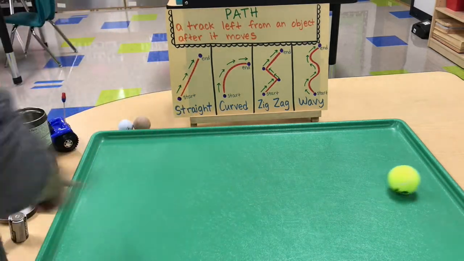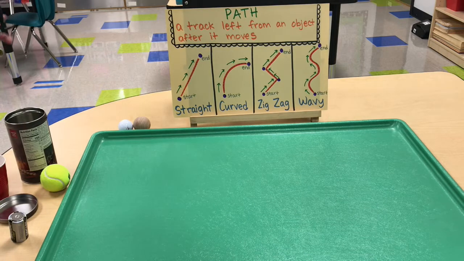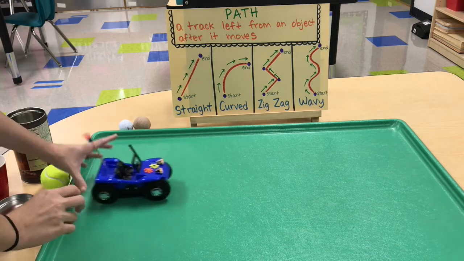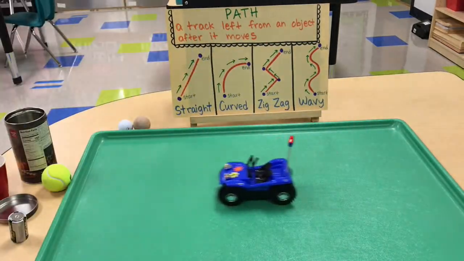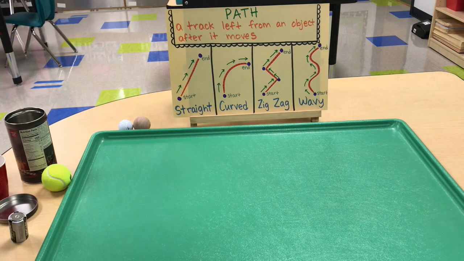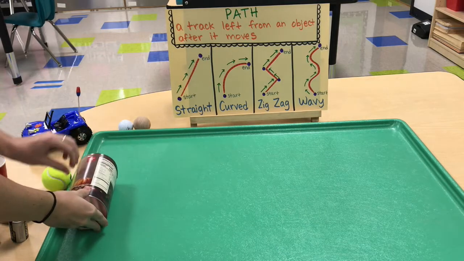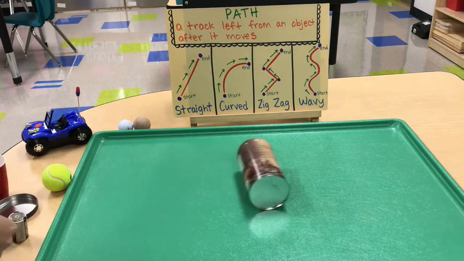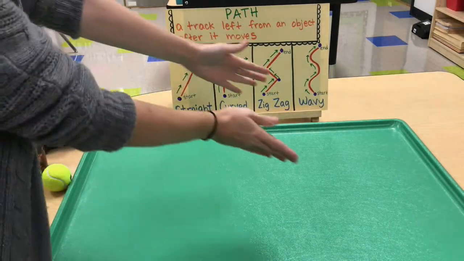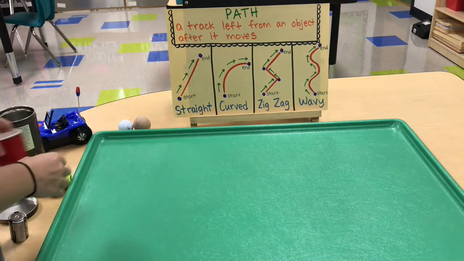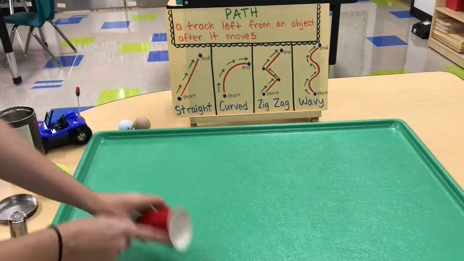I can push it and it goes straight across my board. I can also take my motor car and see it run in a straight line, like such. I can take my cylinder can, give it a push, and it will move in a straight line. There's also a curved motion where an object will leave a path that's curved, and it goes off